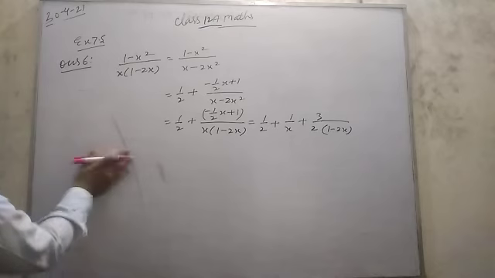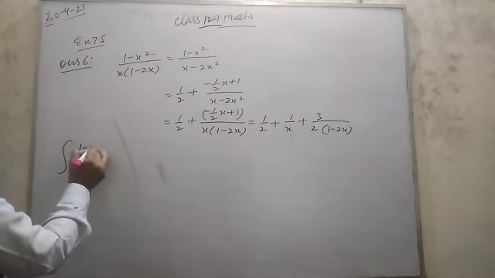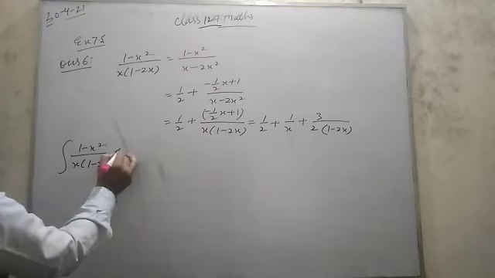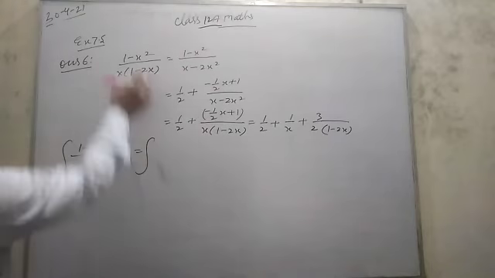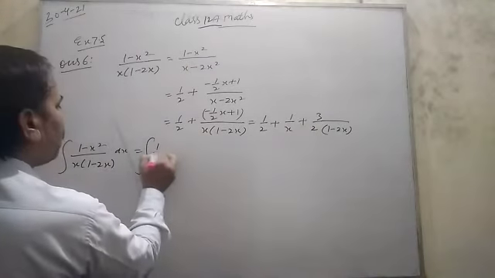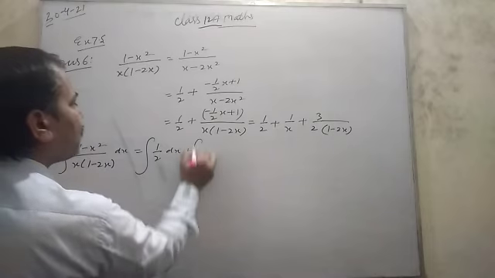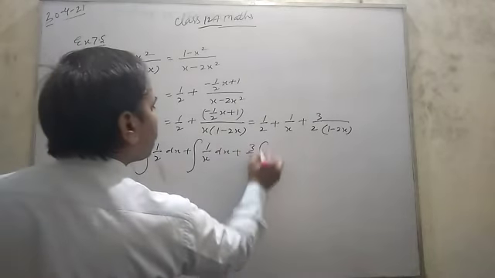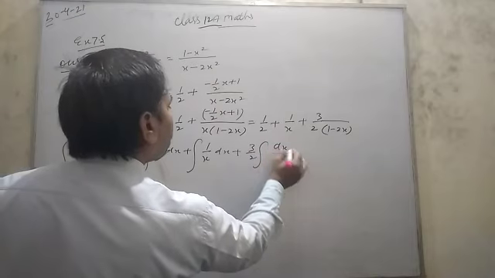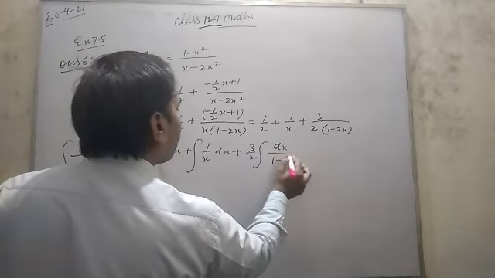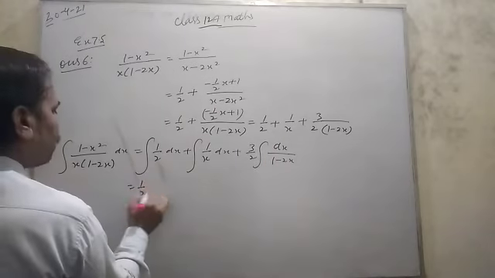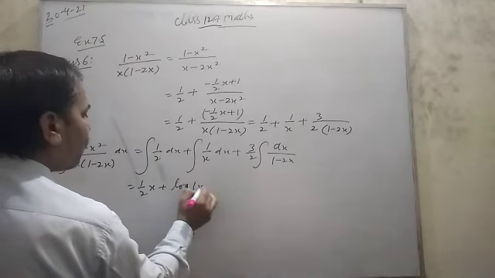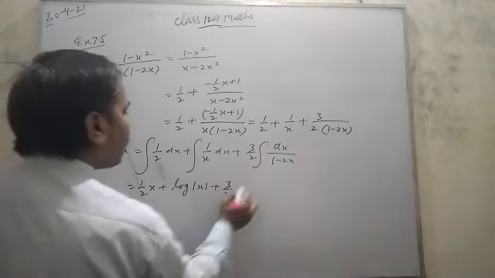So the integral of (1 minus x square) upon x(1 minus 2x) dx is equal to, in place of that this, separately integrate it. 3 by 2 is constant. So 1 by 2, 1 dx means x, plus 1 by x, log mod x, plus 3 by 2, 1